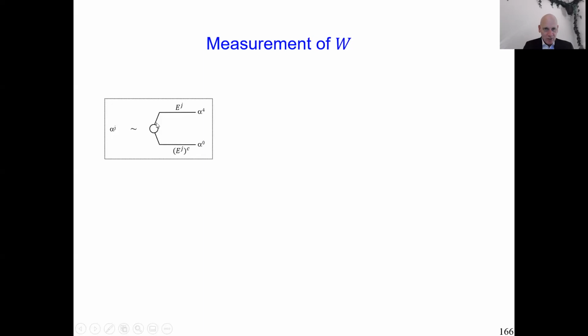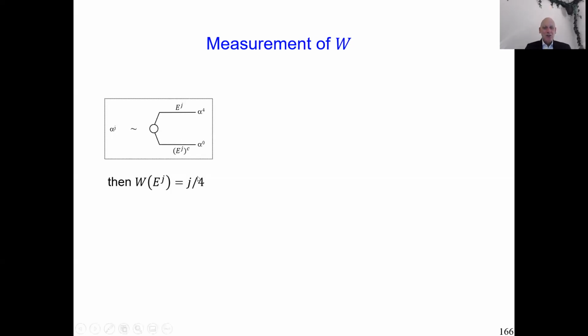So here I have an indifference with alpha j being indifferent to a gamble giving you alpha 4 or alpha 0. We saw that with risk also. Only now we put here an event. Before we put here probability p_j, superscript j. Now we put here an event. And here the complement of the event, of course. And then it readily follows, and I just write it, that capital W, the weight of that event E^j, must be j over 4. It just readily follows from substitution, and you can easily see it.